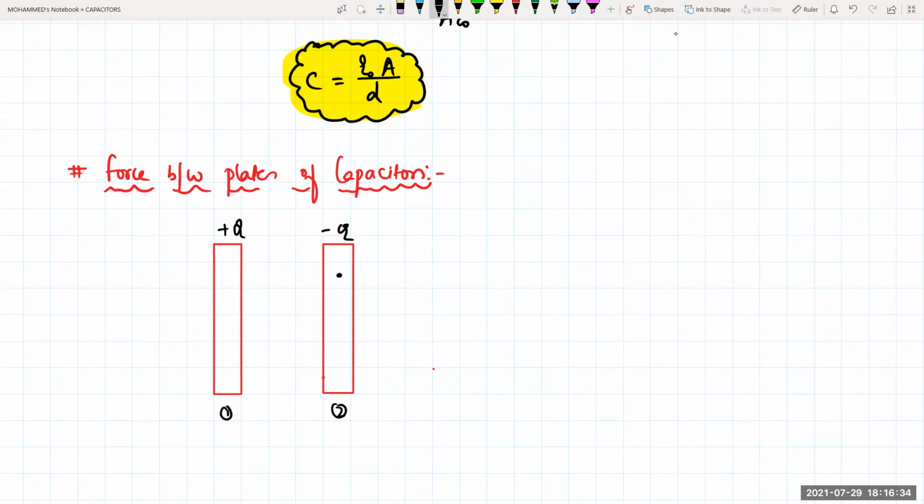If I'm talking about the force on this plate, beta, because an electric field will exist, the direction of the electric field is in this direction, that is E bar. The force acting on this conductor is because of the field. So F is equal to E into Q. Between 1 and 2, the electric field is given by E is equal to sigma by 2 epsilon naught. I can write that in terms of charge, beta: Q divided by 2 epsilon naught A.